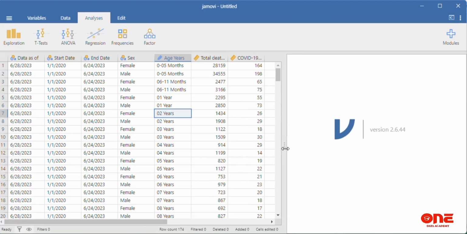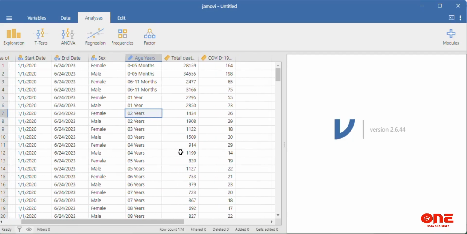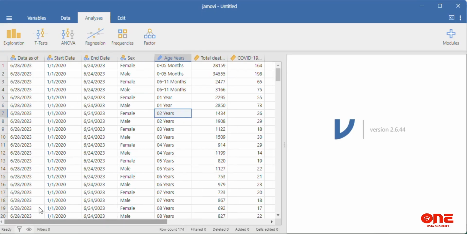So firstly, let's perform descriptive analysis. That is, let's have a summary of what we have in this data set. We don't have anything to do with this. There's this, as per the prompts. So we don't need that. So what we need for this analysis are COVID-19 death and the sex as well. So now let's do that